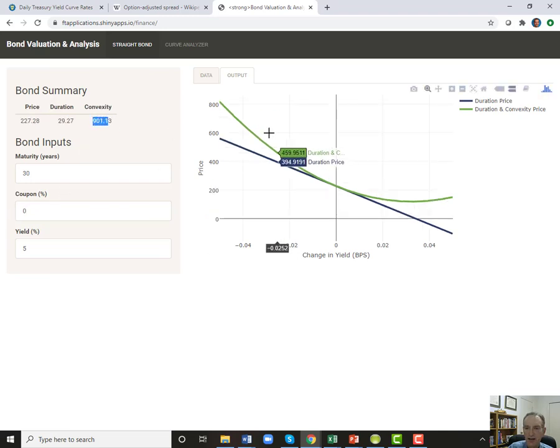This bond has a lot of convexity, which is a wonderful thing. So think about 2008. Interest rates fell, and if you had a long-term treasury, it didn't just go up in price, it shot up in price. Long-term treasuries were up like 30-something% in 2008 because they have so much positive convexity. So that's the definition of convexity.